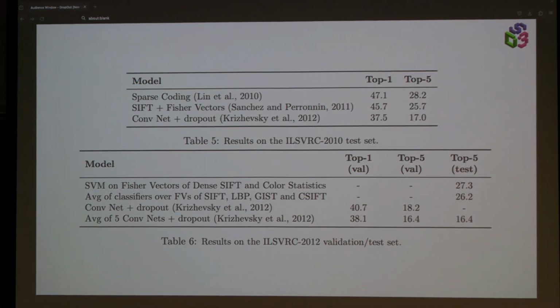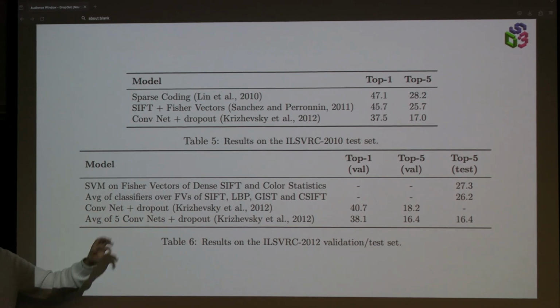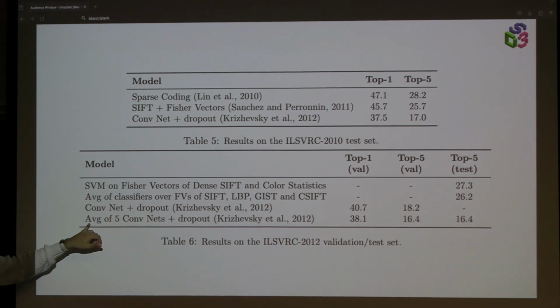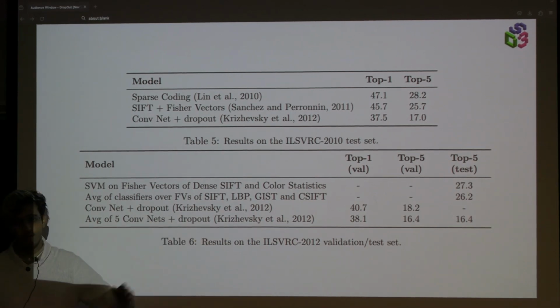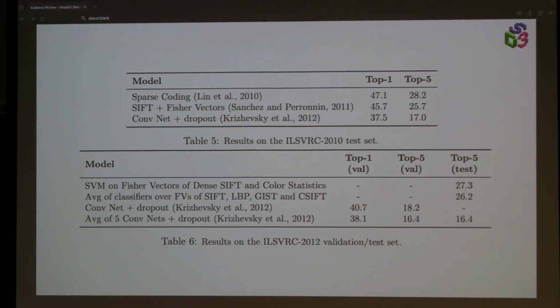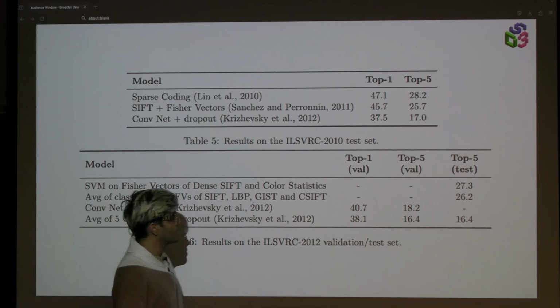So what the researchers did was they took the 2010 test set. It was the only one they had which was labeled correctly. And they experimented on it and figured out that if I were to take 5 convolutional neural networks, it's just another modification, take the average and then apply dropout to it, I get the best performance. Okay? So what they did was they then actually submitted this dropout algorithm to the 2012 competition, and they won, right?